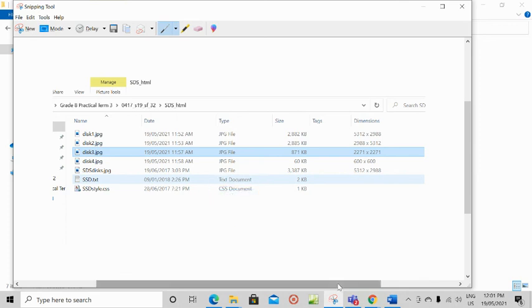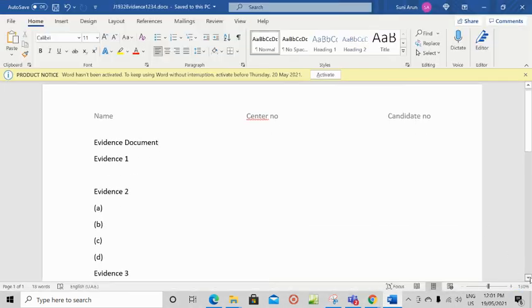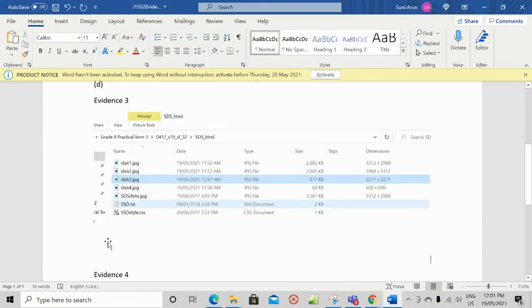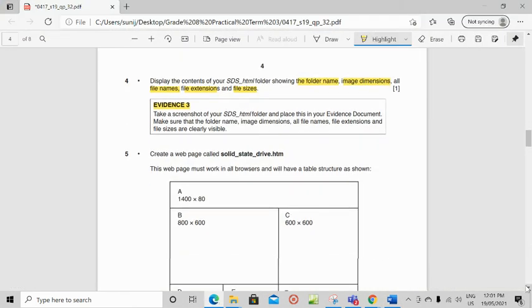Copy, paste this in your evidence document below evidence 3. After that, click save. Now, we are done with question 4.